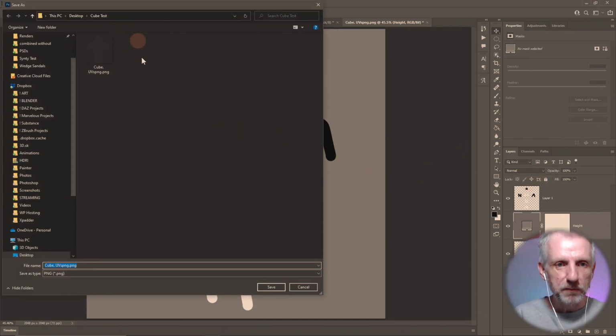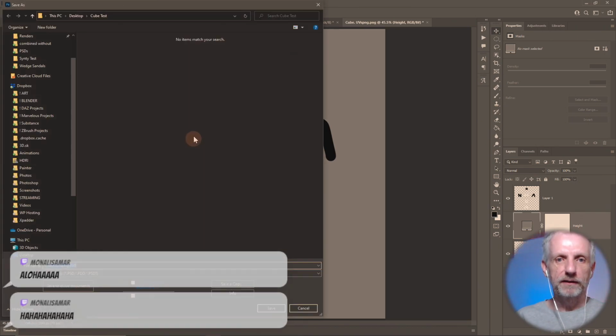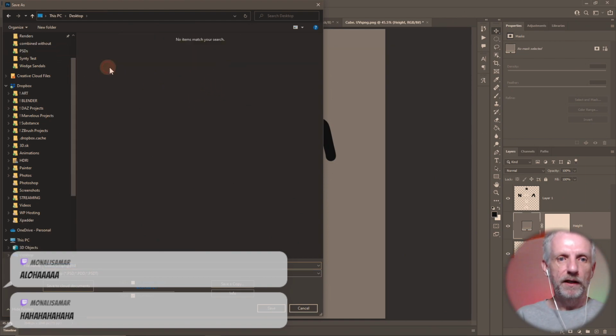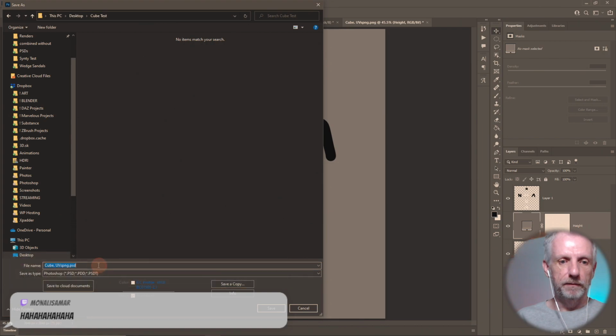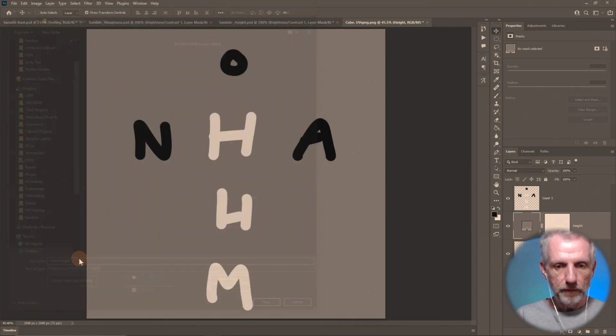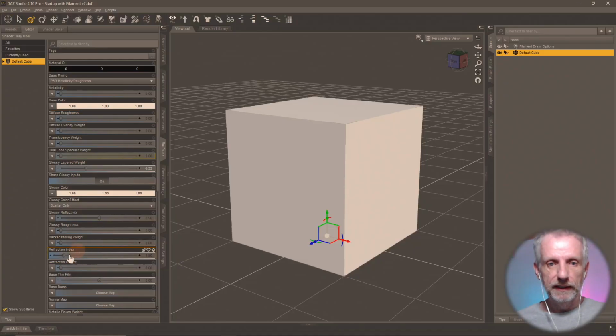And I'll go and export this. I'll call it height. In fact, no, I'm not going to do that. I'm going to save this PSD document. I'll show you another neat trick that I like using when I do these types of tests here. So instead of exporting a height map, I'll just save this whole PSD document, and I'll call it cube height maybe. So notice this has layers and it's a PSD document, and in here